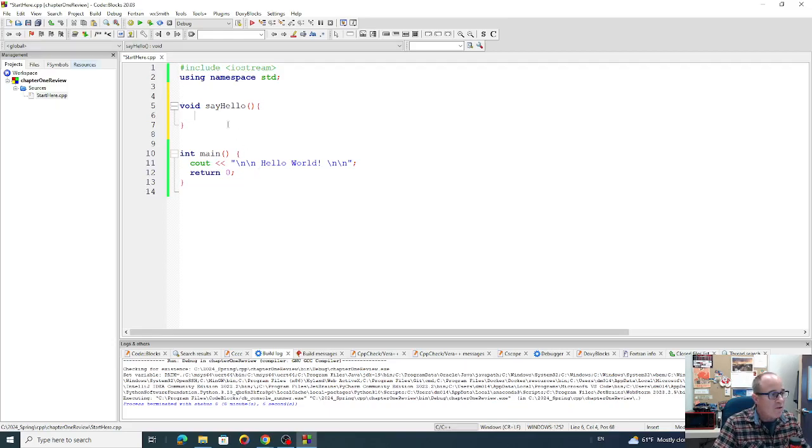And so this function, notice these are called French braces or curly braces. They have a start and an end. These designate code blocks, so everything is a code block. See, the main function has a start and end. Also, this new function called sayHello has a start and end as well. I'll just put something in here. I'll just cout and say this hello